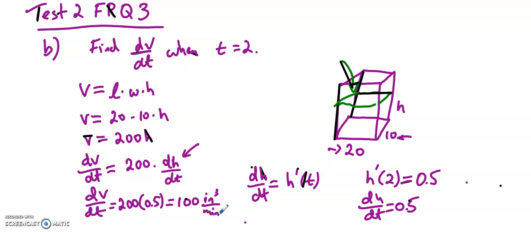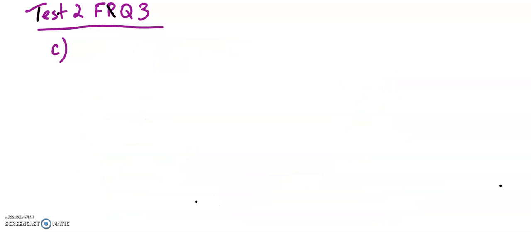And that's B. Part C says use a left Riemann sum with 5 subintervals indicated by the table to approximate the integral from 0 to 15 of h'(t) dt. Using correct units, explain the meaning of this definite integral in terms of the depth of the water in the tank. Alright, so if I take the integral from 0 to 15